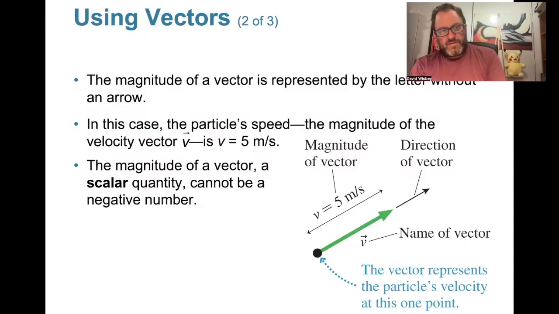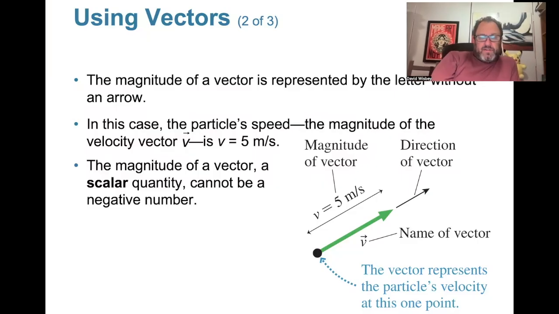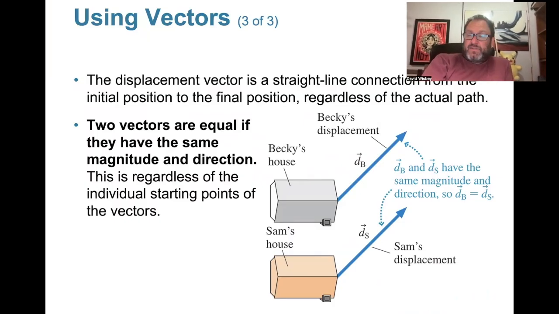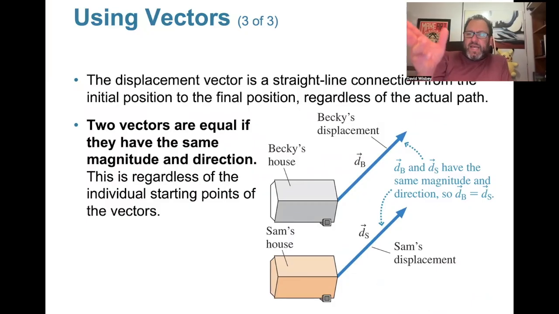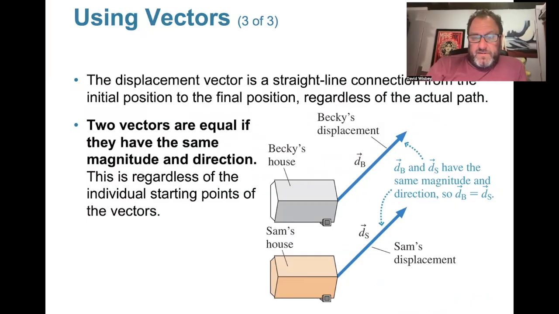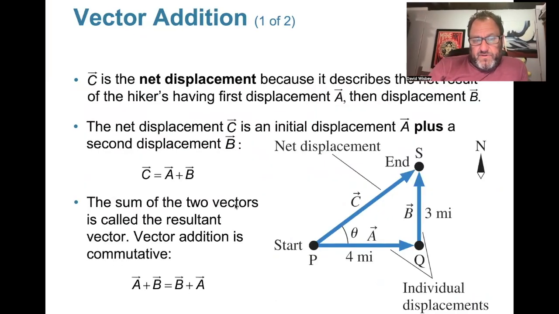All right. So let's continue on here with the lesson. Okay, so we're gonna do some vector math now. All right. Two vectors are equal if they have the same magnitude and direction. Okay, so if they're pointing in the same way and they have an equal length, then the two vectors are identical. Okay, that makes sense. Yeah, that's not earth shattering.